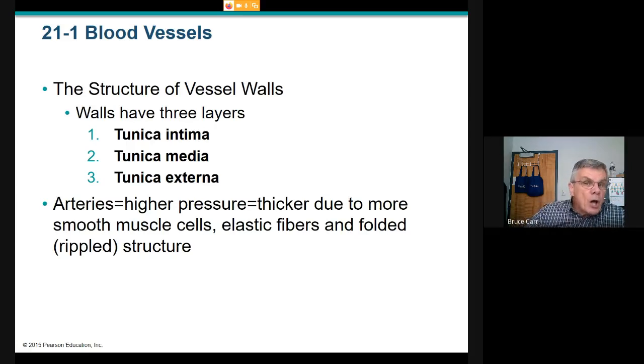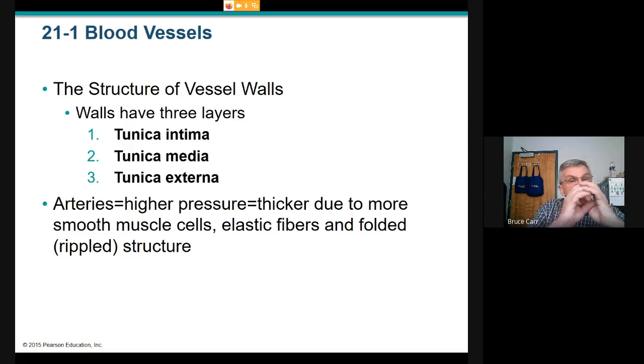Because the heart pumps, the greatest pressure is in the exit vessels from the heart, the so-called ejection vessels. As blood flows through those arteries to smaller arteries to arterioles, it encounters more friction, and as a result the pressure goes down. So we're going to find that arteries, and especially those close to the heart, are thicker due to this increased pressure, and that the walls of the arteries close to the heart are going to have muscle,